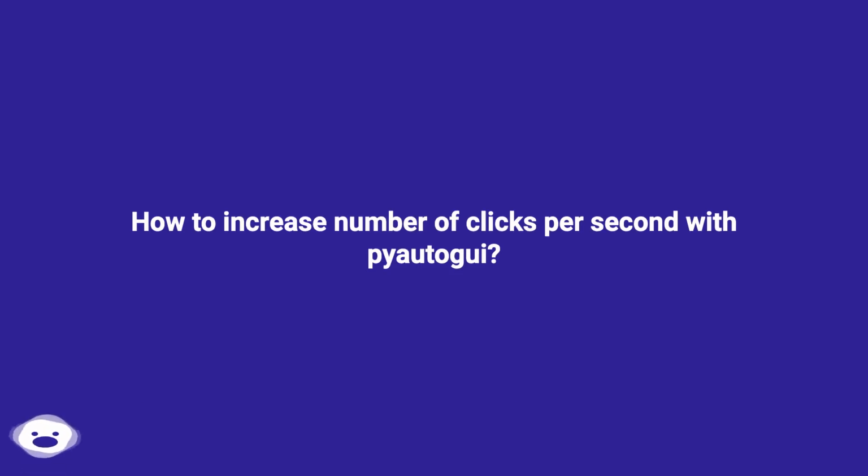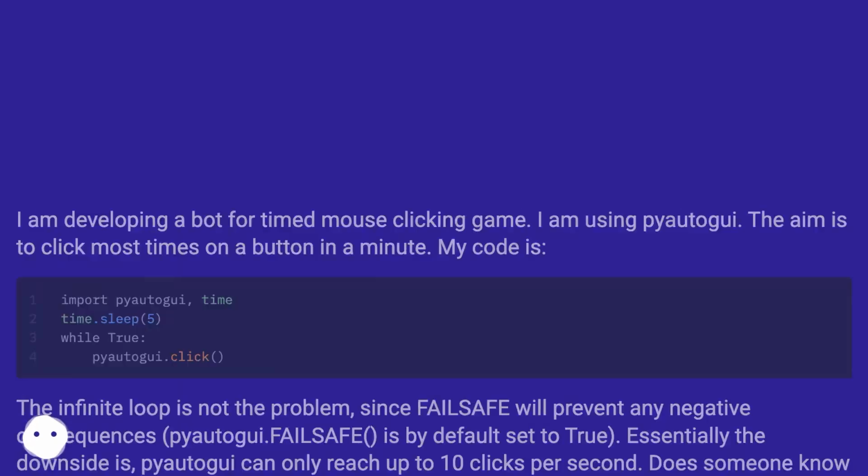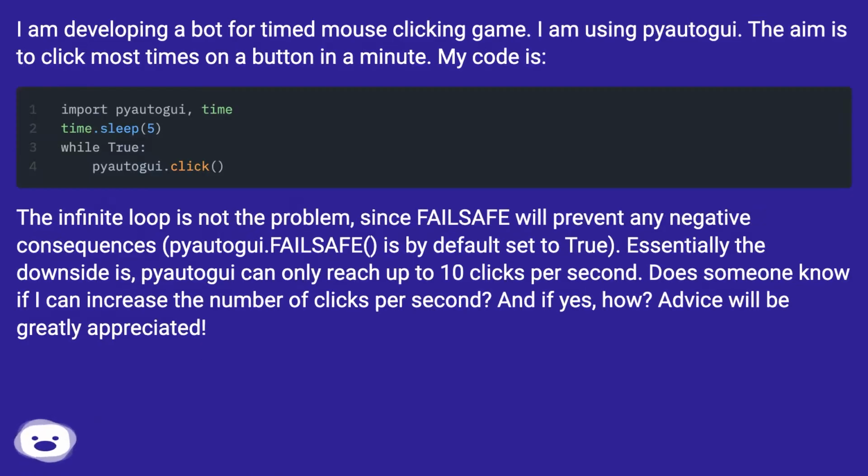How to increase number of clicks per second with PyAutoGUI? I am developing a bot for a timed mouse clicking game. I am using PyAutoGUI. The aim is to click the most times on a button in a minute. My code is: